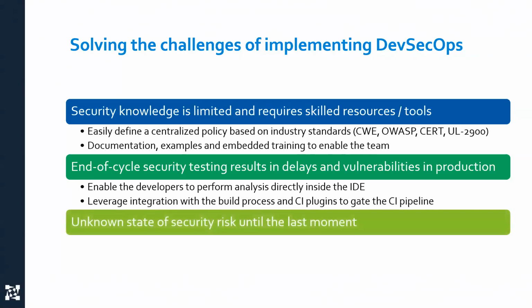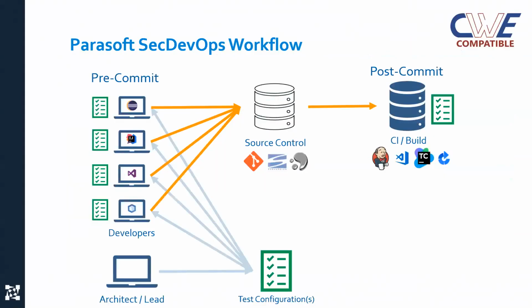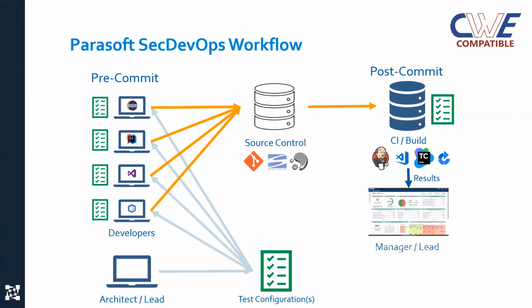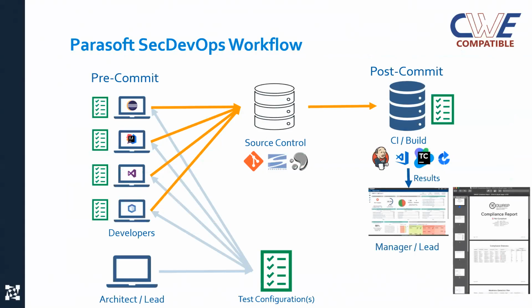Now, what I said is that the CI pipeline is going to provide us data that we can feed into our process. And let's now talk about how we can take that data and give us ongoing visibility as we're developing our application. So let's return to the diagram. And we've got our CI integration there. We've got the same test configuration that we're using on the desktop. And then the results of that can actually go into our reporting and analytics dashboard. The reporting and analytics dashboard is going to give me a couple of things.